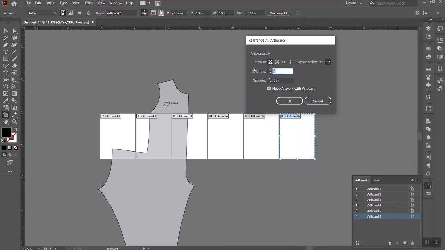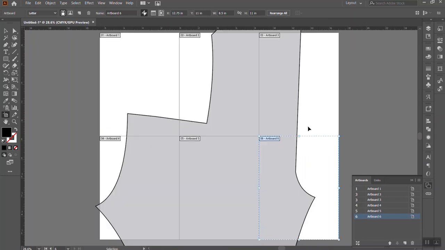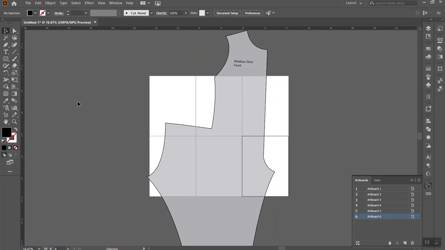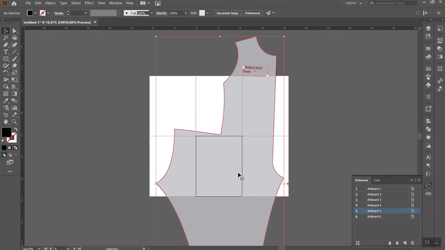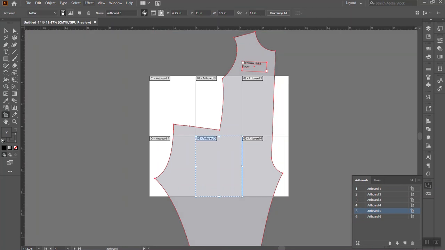And we can tell it we want 3 columns. Three might be good. Maybe we're going to need 4. Nice. So this is starting to look more like yardage of fabric or a piece of paper. And let's see, as we add more artboards,